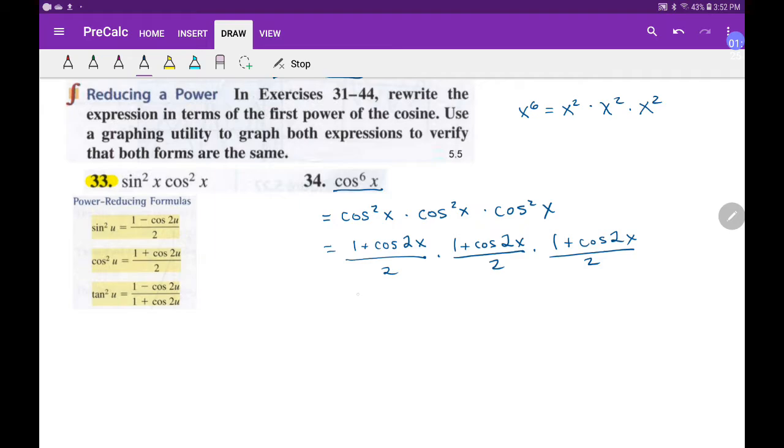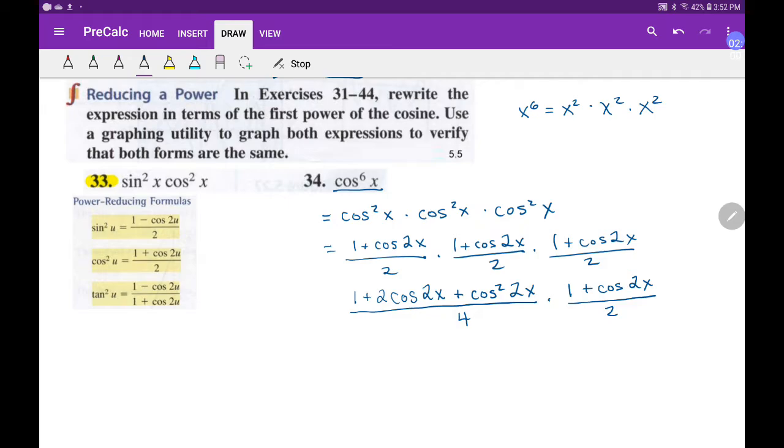We'll say 1 times 1 plus, there's 2 of these, 2 cosine 2x as my middle term, and then I'm going to get cosine squared 2x. Couldn't help it. I had to do it. Over 4 times this right here. And then I have to think about how bad do I want to make this, and I think my answer is going to be,